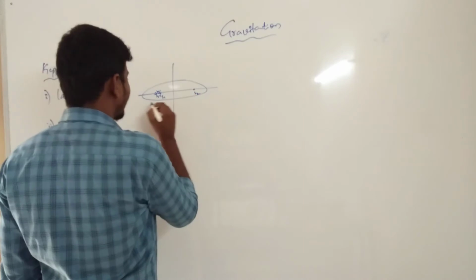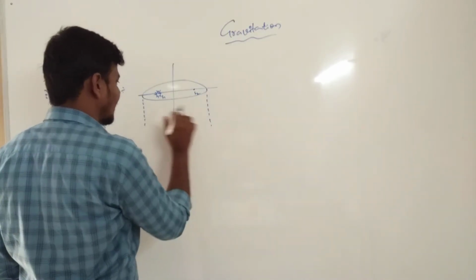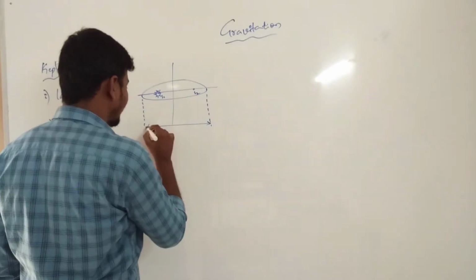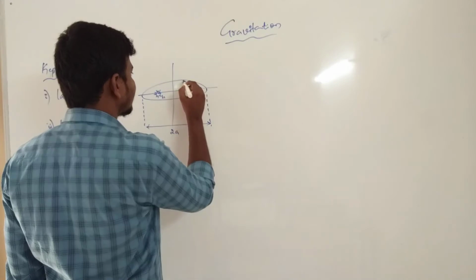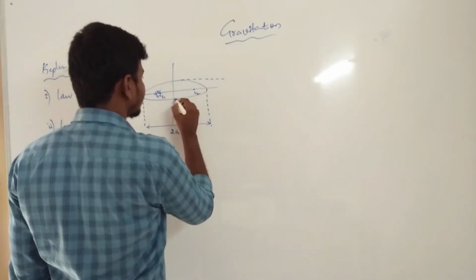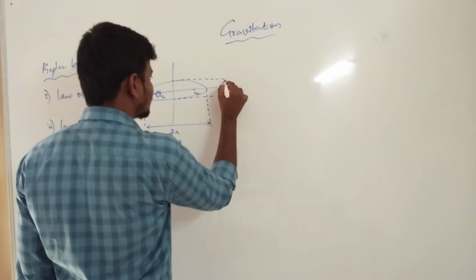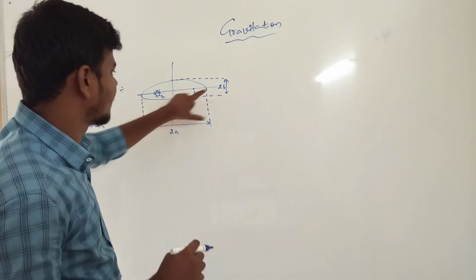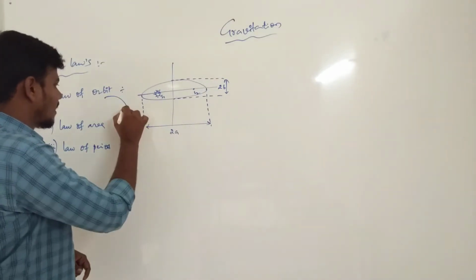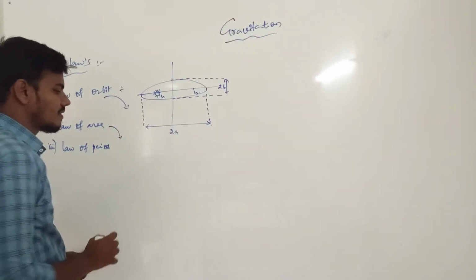Clearly, from our previous discussion, this is the first half of the path, and this is the distance between the two points. Again we are introducing the same path. This is the path, and this is the distance for half of the path, the first half and the second half. This is what we use in the law of orbit. Clear. Now the law of area.